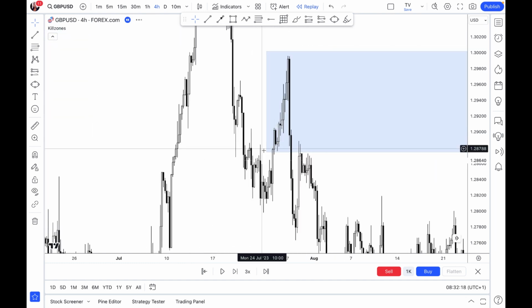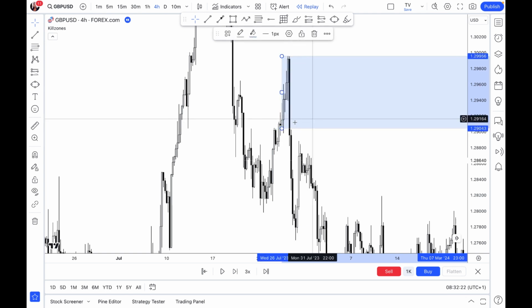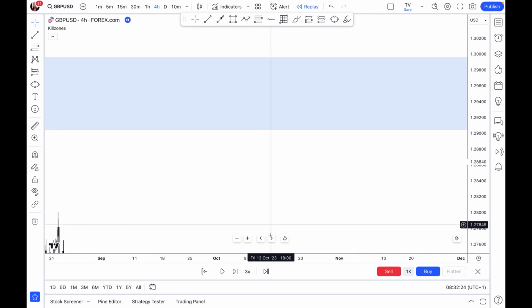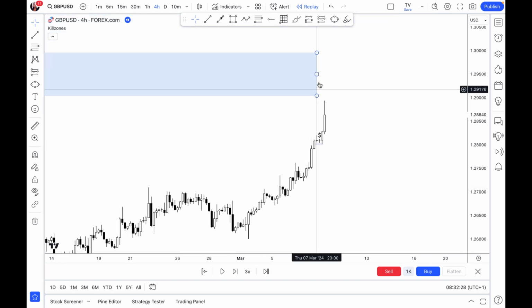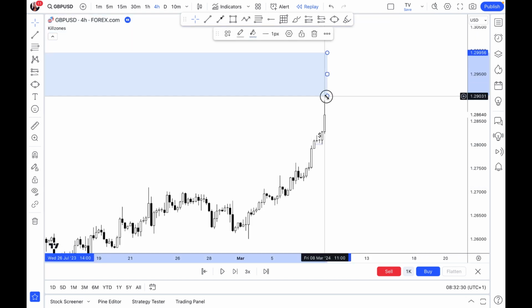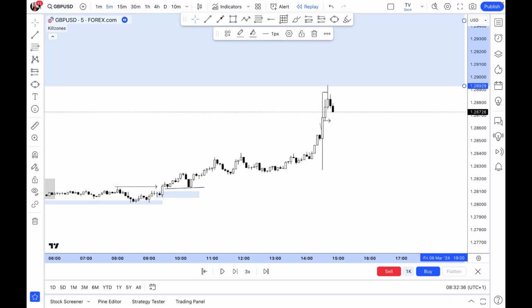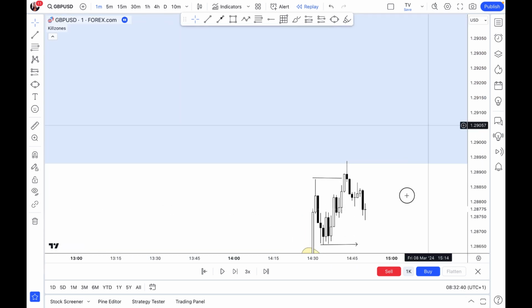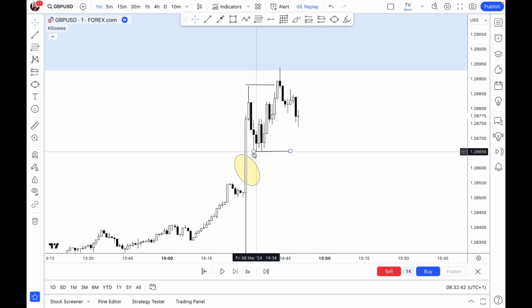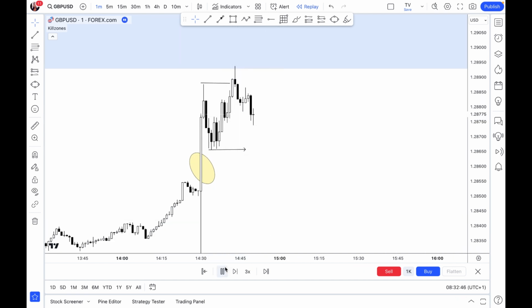Yeah, so I think market pushed up further into this supply and imbalance right here. Okay, not properly. So I still was looking for a sell even after NFP, and I actually did get into a sell. So we had a push above this level. I said if market should break this, I'll look for an entry opportunity,